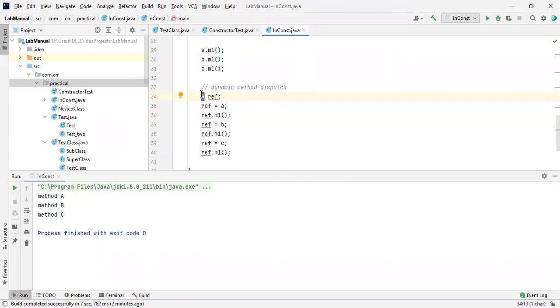I mean, at runtime only these will change, not at compile time. That's why this concept has been named dynamic method dispatch. Dynamic in the sense that it will happen at runtime only. Static happens within the class at compile time, which throws an error instantly if there is any error over there. But runtime errors are only found after the program runs.